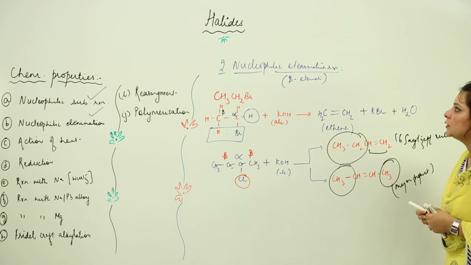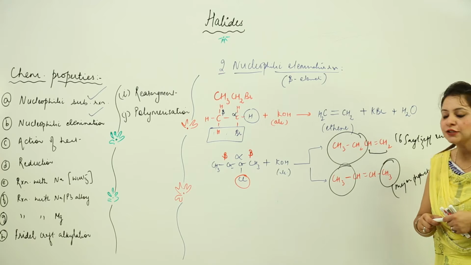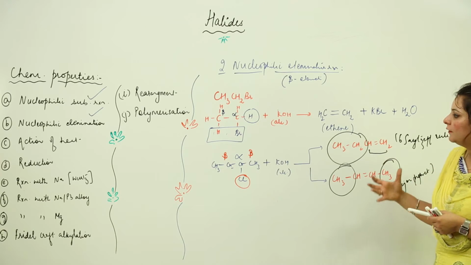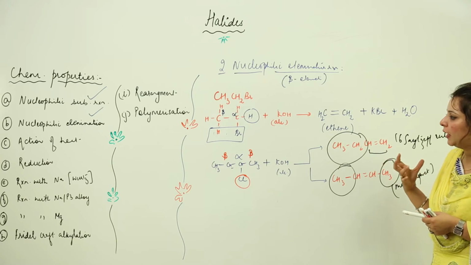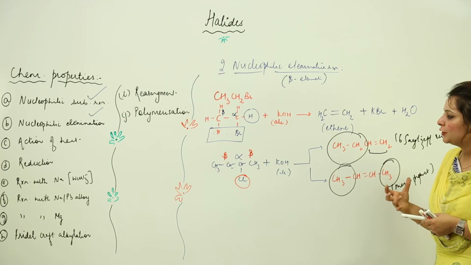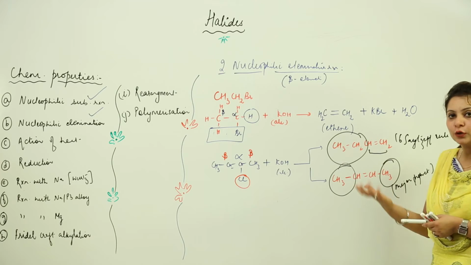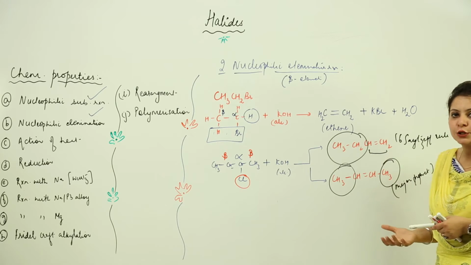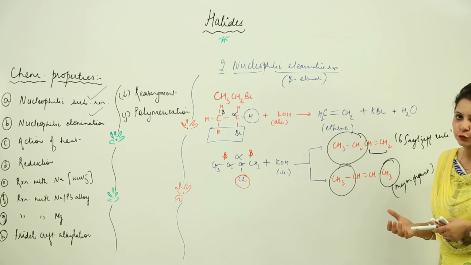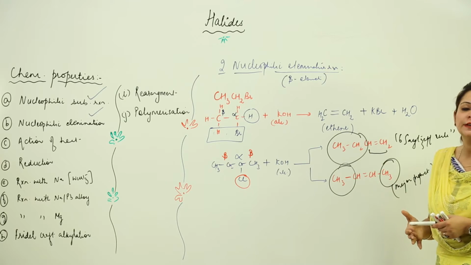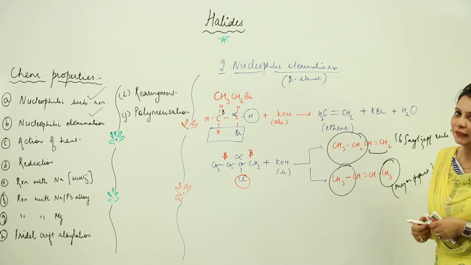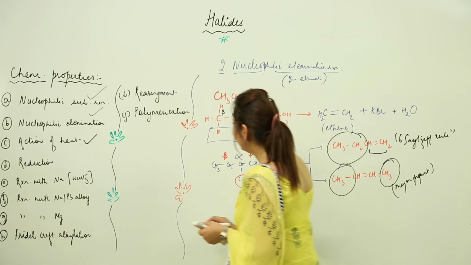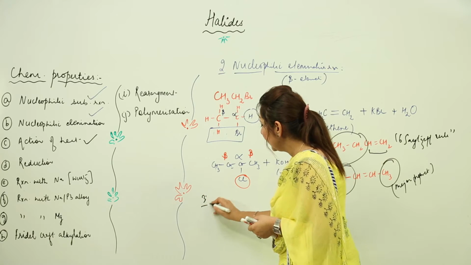So this is what a nucleophilic elimination reaction is. When we are talking about an unsymmetrical haloalkane, or dehydrohalogenation from an alpha carbon which has more than one beta carbon, or is bonded to more than one hydrogen, there we need to use Saytzeff's rule. That is, the alkene which is maximum alkylated is preferred. The second property we have is action of heat. So next, what happens?